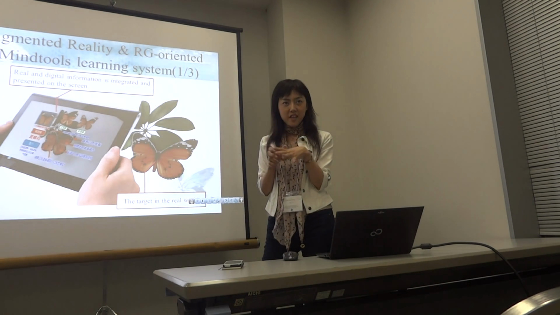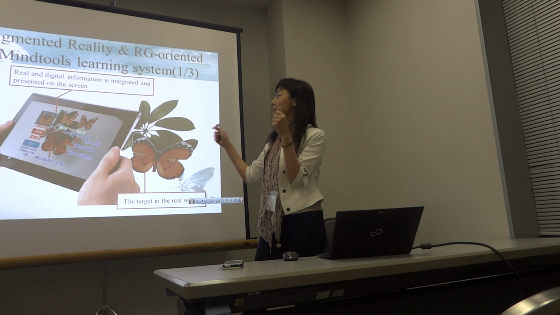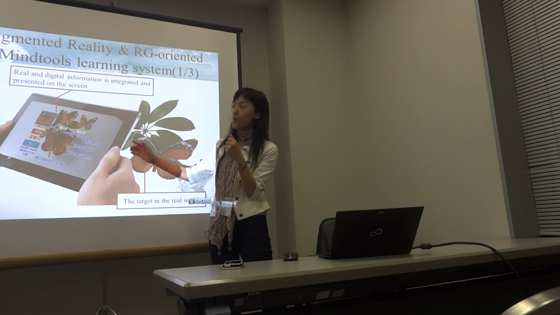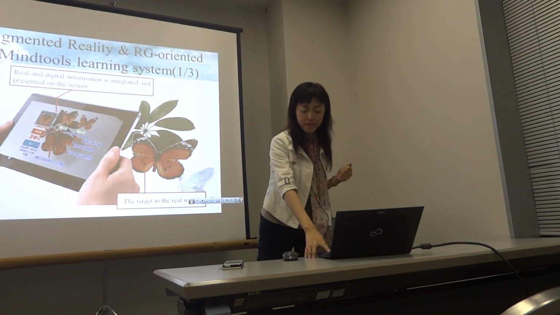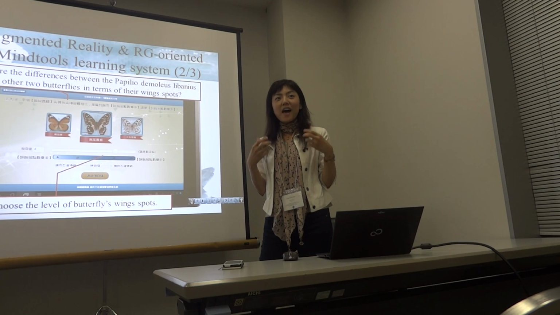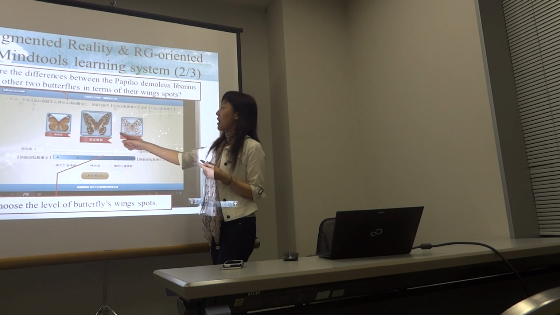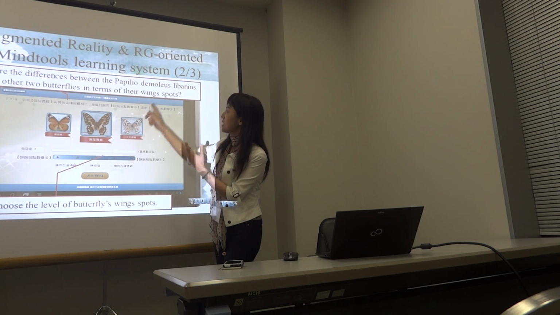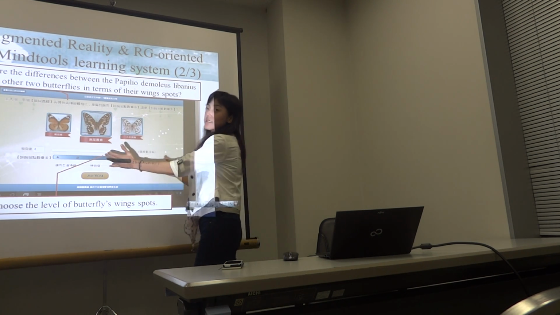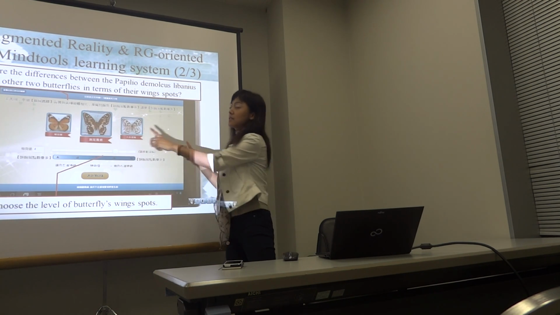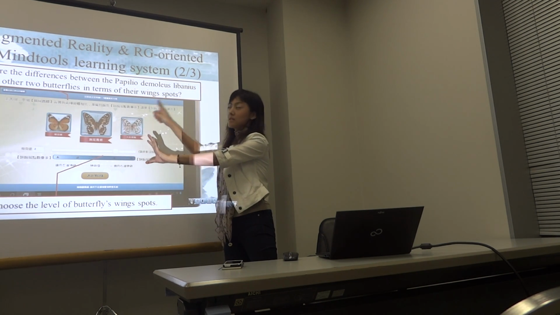So that is the simulated scenario. The student uses the tablet PC and points the camera towards the real objects, and then supplementary materials and explanations show on the screen and help the students read the materials and combine them with the same thing. Then the system will ask the students to find what characteristic identifies that butterfly. So the system will ask the student whether there is any difference between this butterfly and the other two butterflies in their wing spots. Then there is the 1 to 5 rating scale mechanism, and this is the construct, that means the characteristic and the opposite characteristic of the butterfly, and the student can